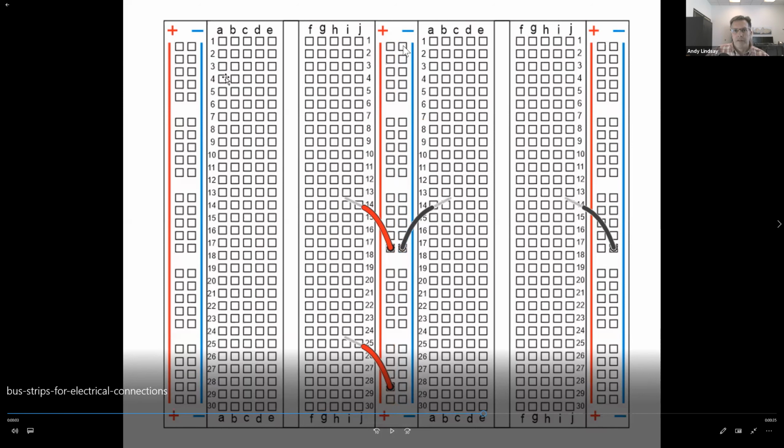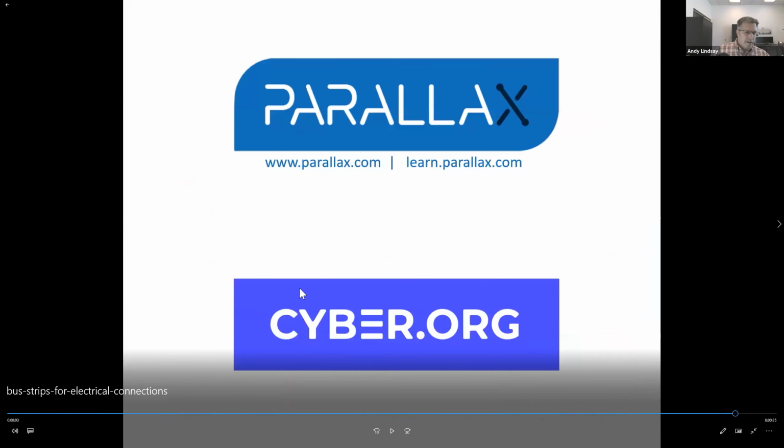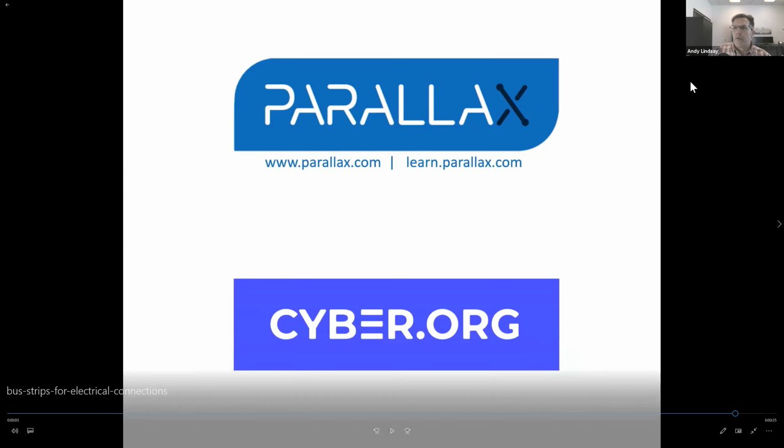So one of the things that I've seen students get confused about is, well, gee, I connected it by the blue stripe, so aren't they connected? And the answer is no, they're not connected because they're not in the same column, just like they wouldn't be connected on a terminal strip if they weren't in the same row. But you can also still do that trick of using a jumper wire to connect two bus strip columns together. And then, yes, your wires will indeed be connected to each other. All right, so with that out of the way,